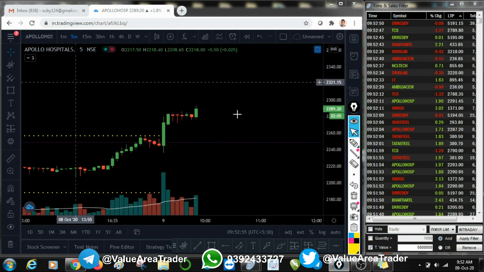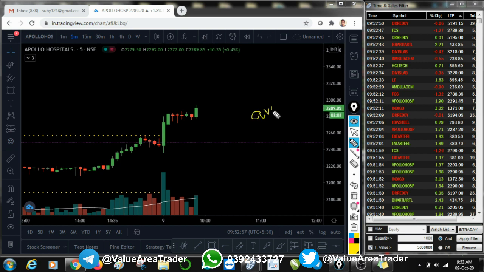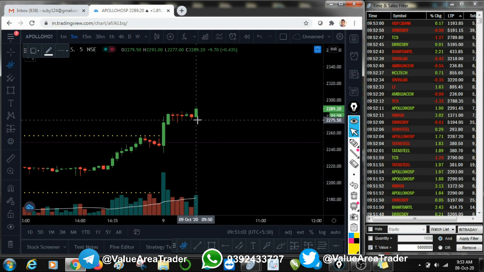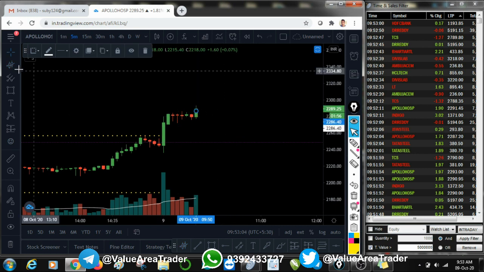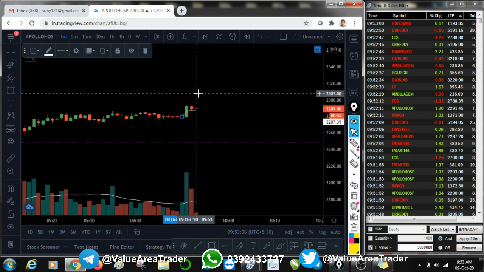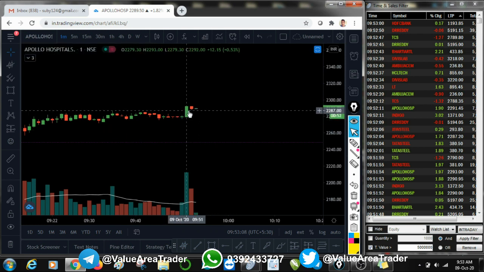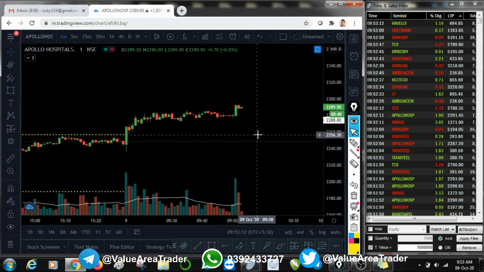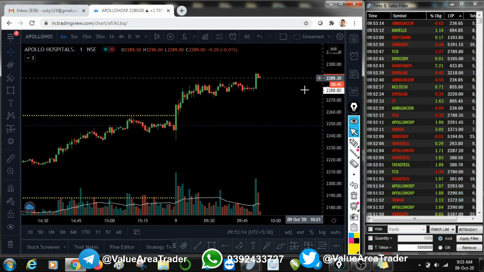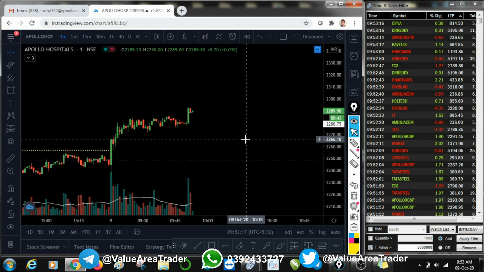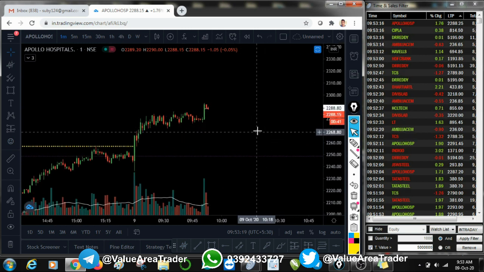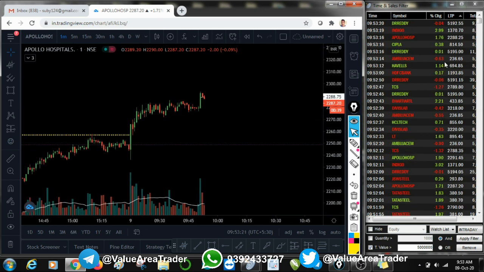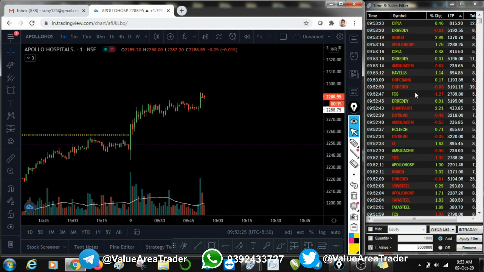What I generally do is, as you already know, I also deal with anchored VWAPs. So I like to put these breakout candles with an anchored VWAP. I'll just put the anchored VWAP on this one. And I will wait for price to come back after some time so that I can take a buy trade again. Let's see what else is happening. Nifty is going bearish, so we'll be looking for some bearish trades.